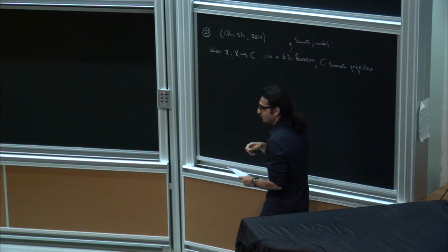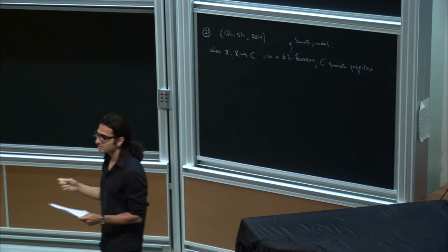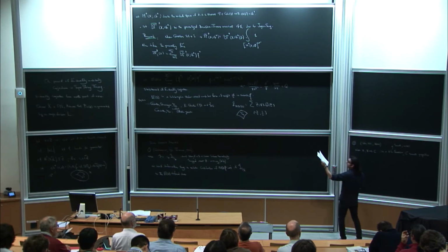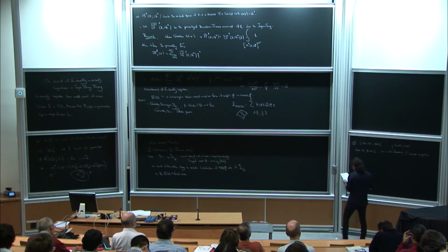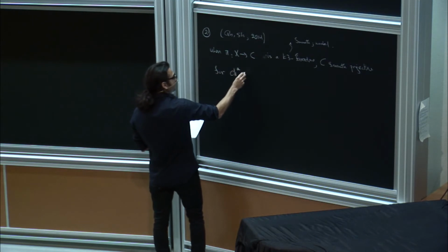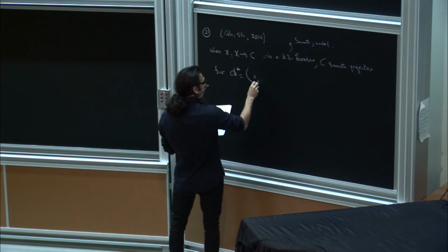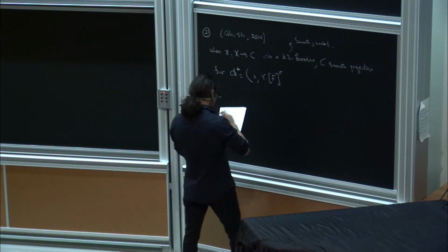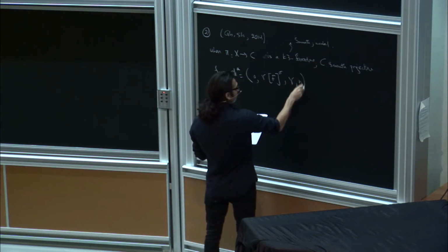I mean, nodal meaning having mild singularities, like rational double point singularities. Then we stated this modularity statement, in fact. So for Chern star, given by 0, some R times this class N, where